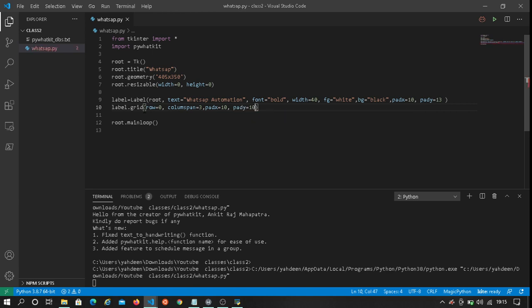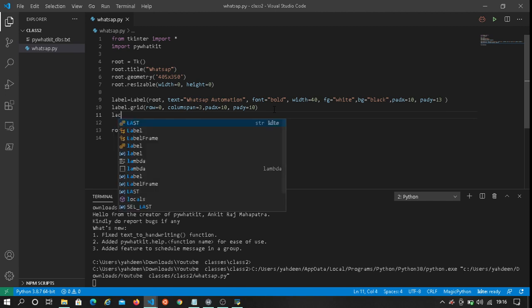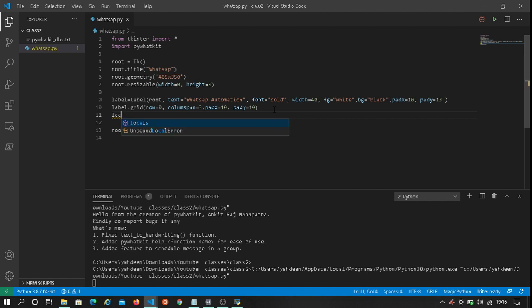Now let's use the place method to place the label where we want it in our main frame. So label dot place.